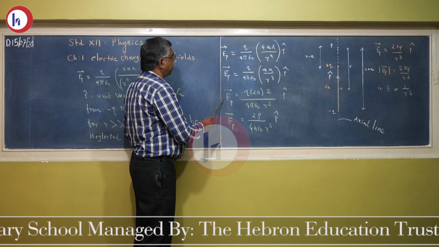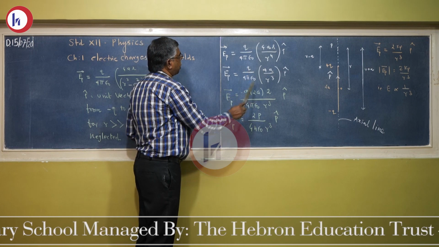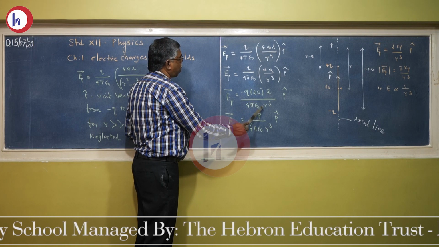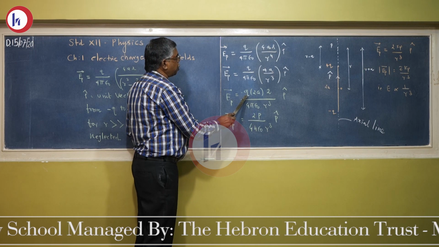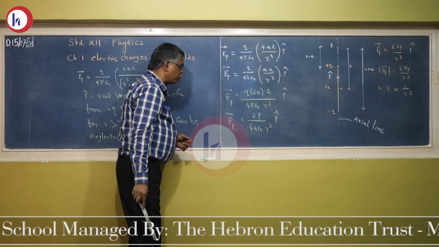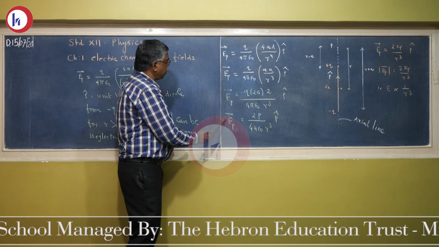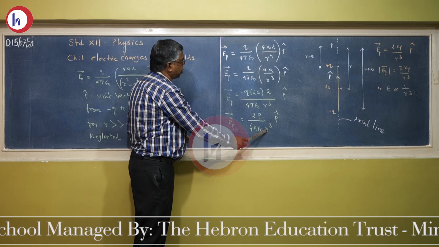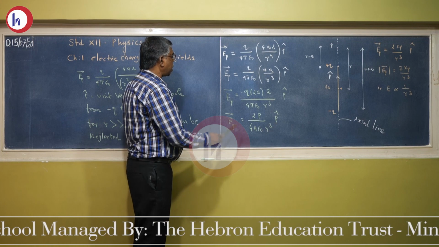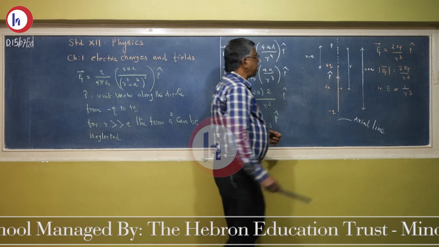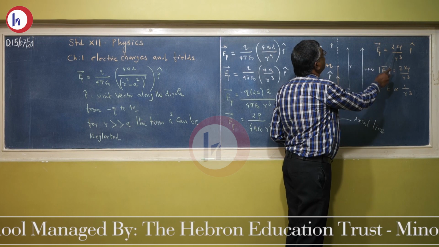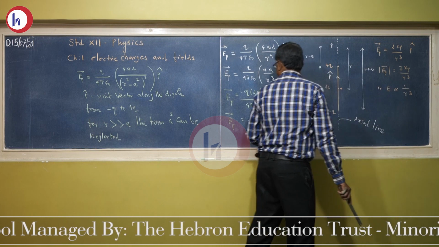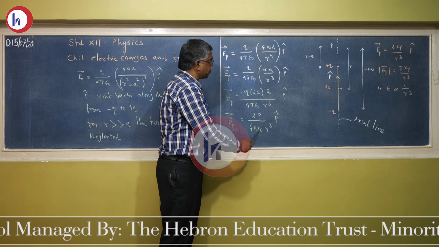Next, the electric field vector can be adjusted as Q into 2a multiplied by 2 divided by 4 pi epsilon 0 r cube. But we know Q multiplied by 2a is nothing but the dipole moment. Therefore, the electric field vector equals 2p upon 4 pi epsilon 0 r raised to 3 times the unit vector. Or this can also be written in another form: the electric field vector equals 2kp upon r cube times the unit vector p, where k is a constant equal to 1 upon 4 pi epsilon 0.